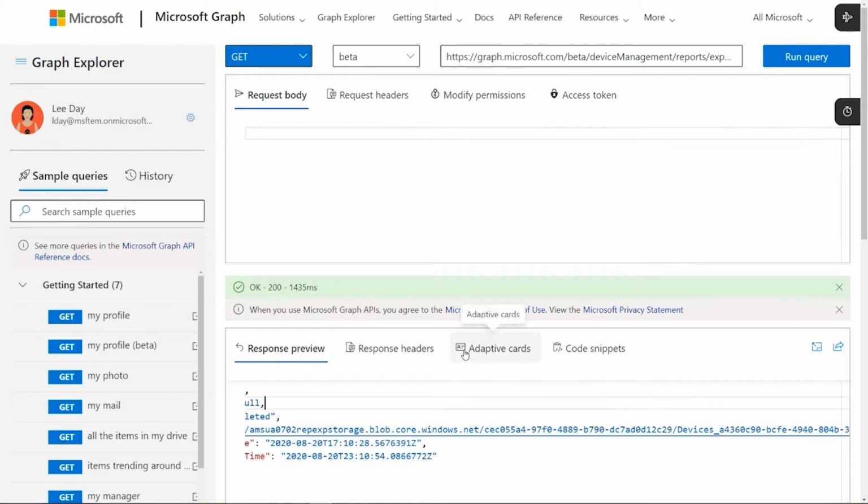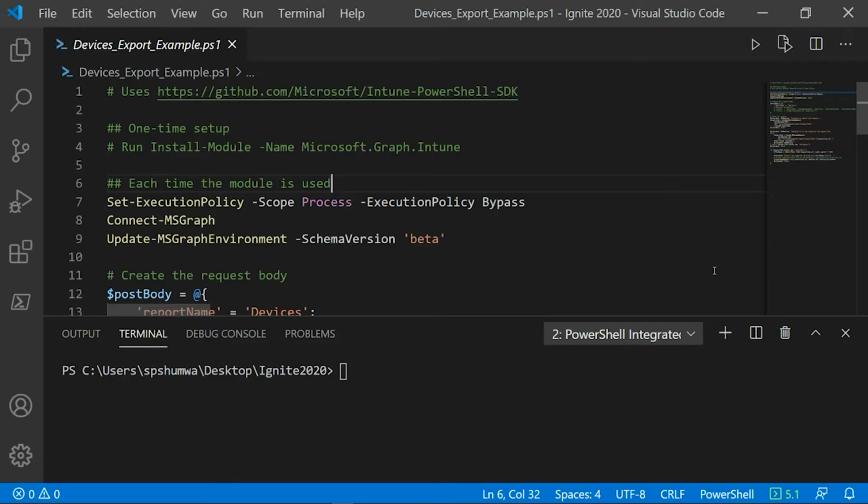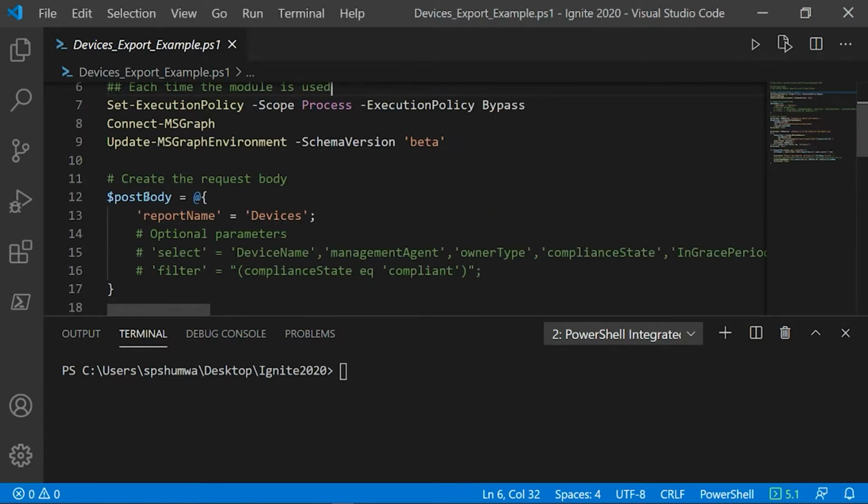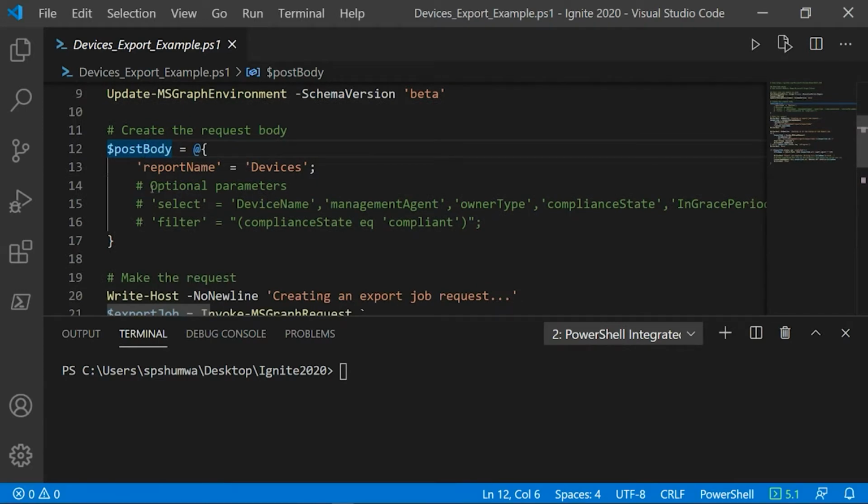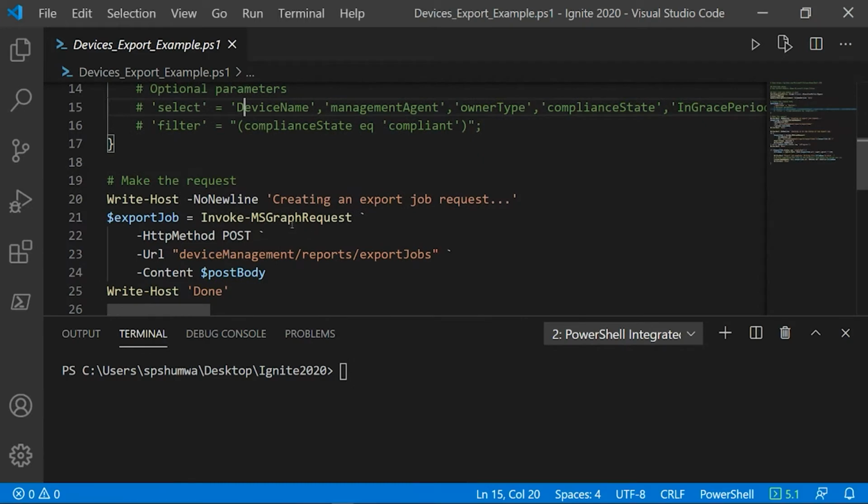I also want to show how you could do this over PowerShell script. This PowerShell script uses the Intune PowerShell SDK and has some one-time setup, and then each time the module is used, setup to authenticate with your Azure AD credentials. Once you've done that, you'll see we build a post body almost exactly like we did in Graph Explorer. We have some optional parameters that I'll leave out to show that we can just make a default request for the report name devices. And then we'll follow the same logic that I showed in Graph Explorer, which is we